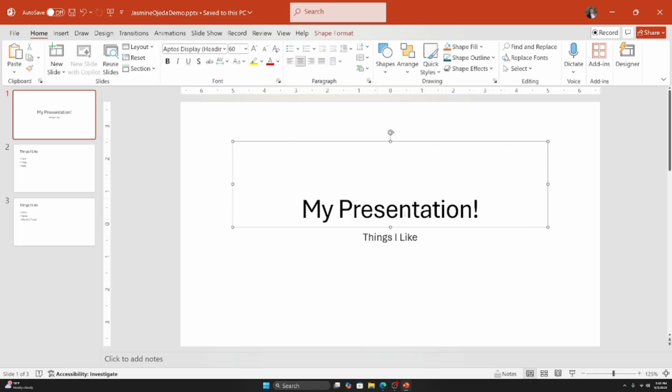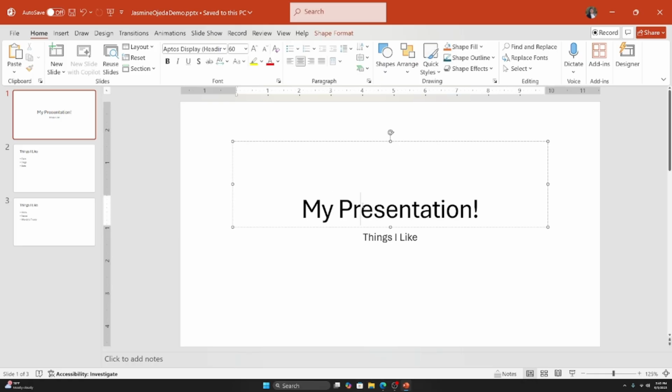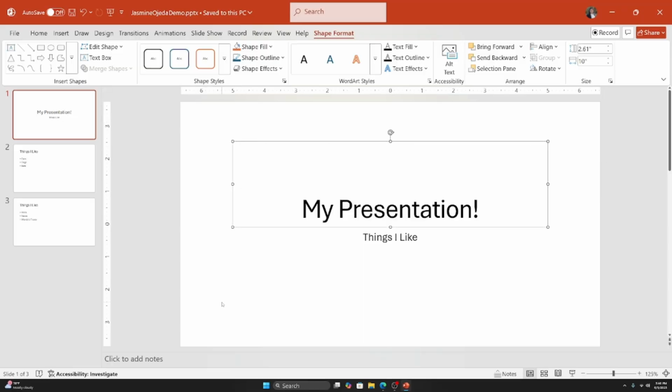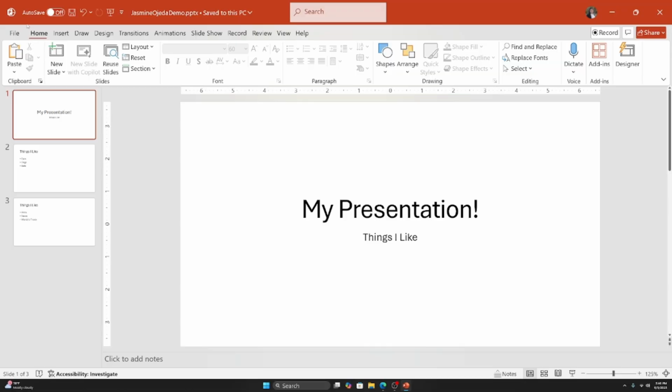Notice every time I select a placeholder, you'll see that a new tab, Shape Format, appears. We'll go over this in chapter 2, so just keep that in mind for now. There are a lot of other, very specific ways that you could edit placeholders and even the slide itself. But one of the quickest ways I'll show in this chapter, and will help you with quickly making your slideshow